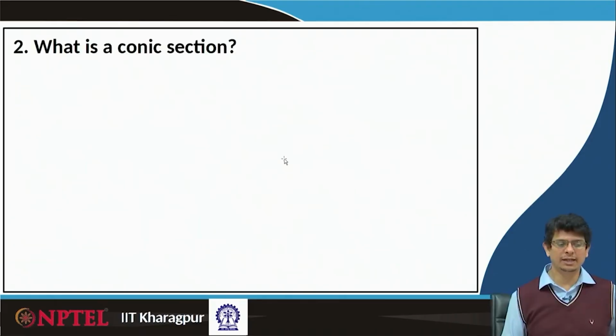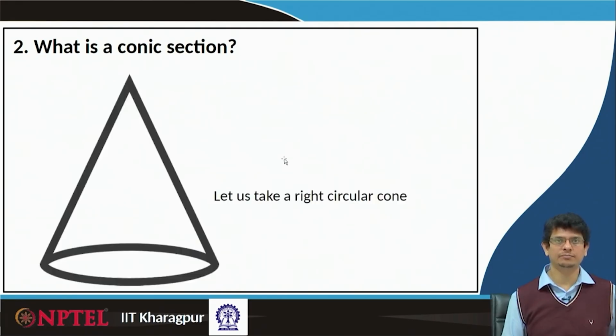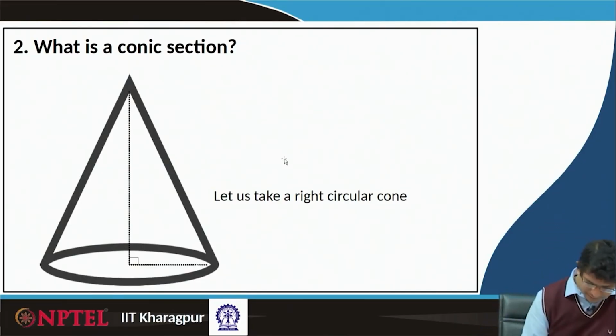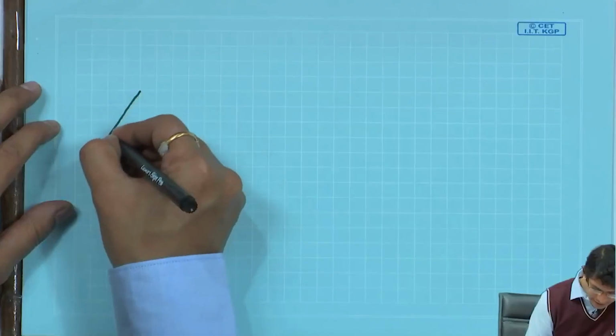So, first of all, let us look at what is a conic section. Let us take a right circular cone. Right circular cone, if we are dropping from the apex a line, it makes a perpendicular line to the base. Let us draw that. So, if I am taking a cone,